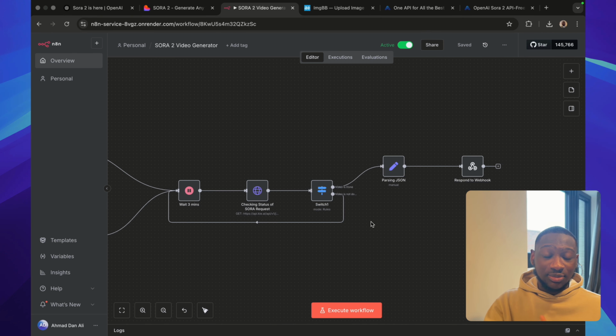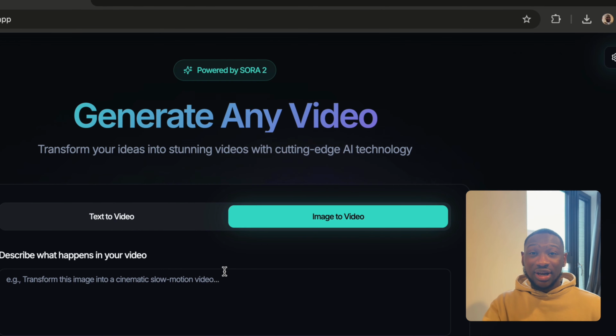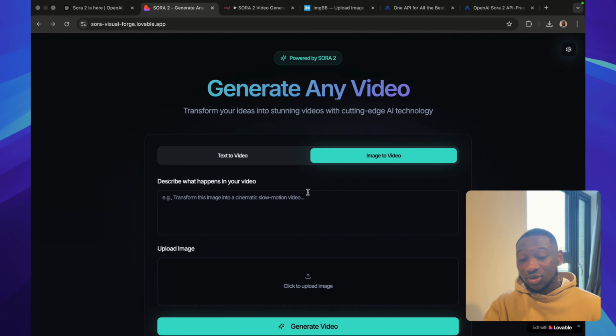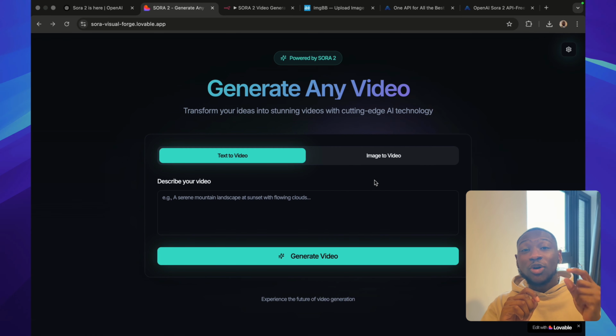We pass the JSON, because what we get back from the KIE AI API is basically a stringified JSON. So we pass it. Once we pass it, we send it back to the Lovable front end, which then displays it and gives us an option to download the video and also play the video, as I've shown you earlier. So before we move on to the next thing, let me quickly show you how the text to